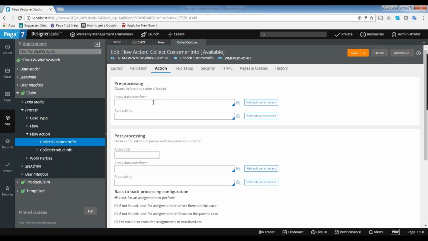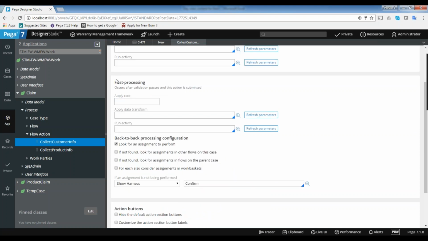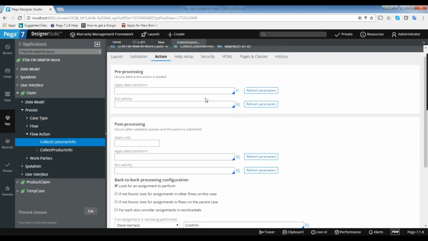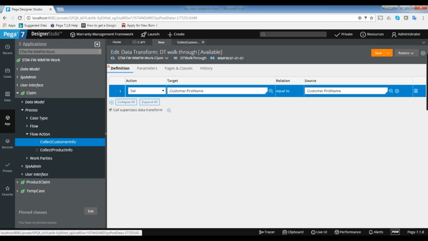So what is the pre-processing? Before rendering the screen, if you want to do any action, you can do that in the pre-processing. After rendering the screen, if you want to do anything, you can do in the post-processing. So that means this is a flow action only.